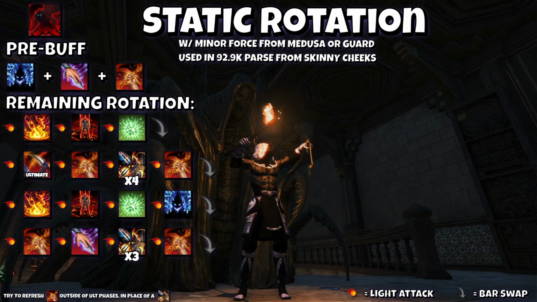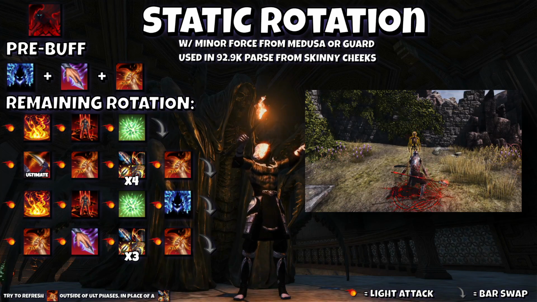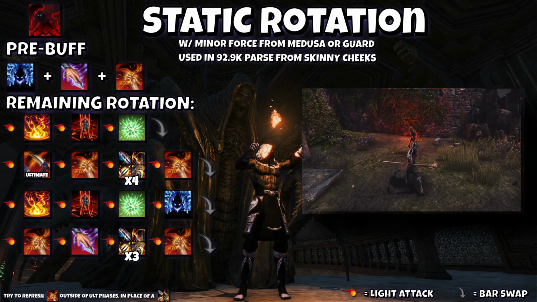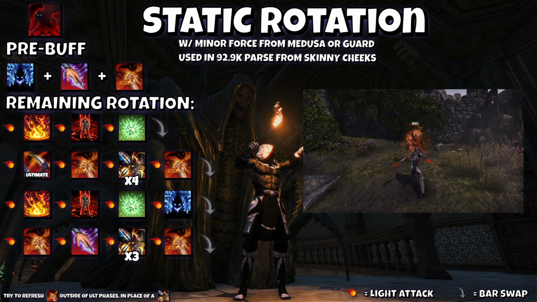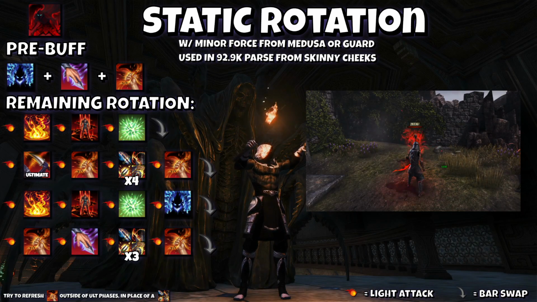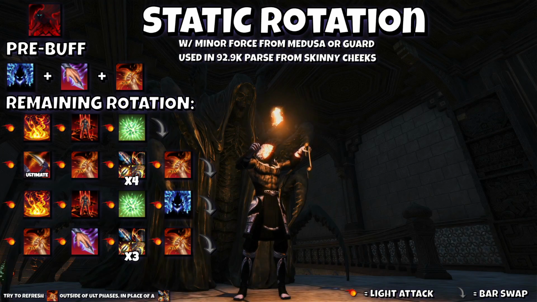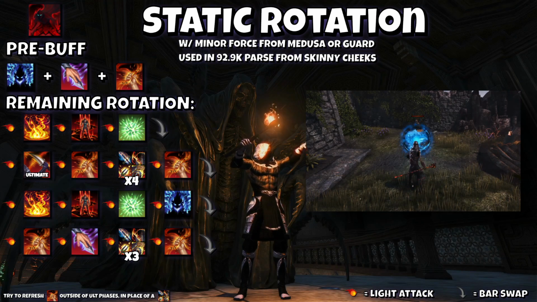So we open up with Dark Shade, Siphoning Attacks, and Merciless Resolve as our pre-buff. And then for the remaining rotation, we'll use Unstable Wall, Twisting Path, Orb, and then Bar Swap. And then we'll use our ultimate and fire our Spectral Arrow, and then 4 spammables and fire the Spectral Arrow again. And then we'll Bar Swap and do our Unstable Wall, Twisting Path, Orb, and then we'll be casting our